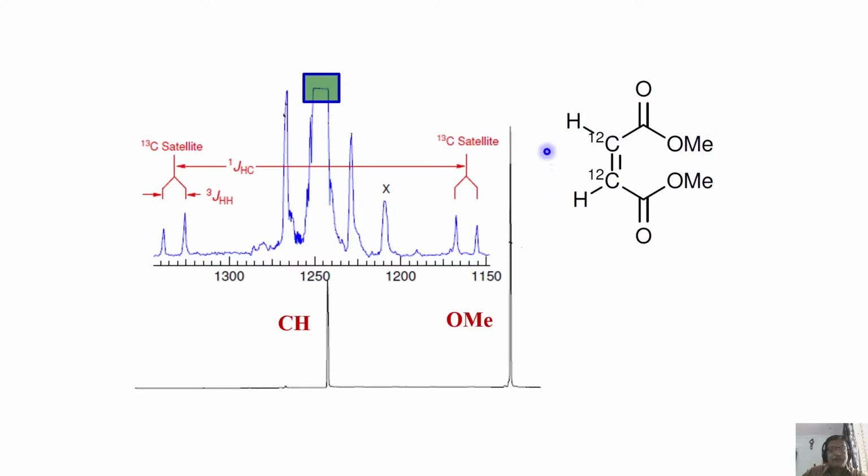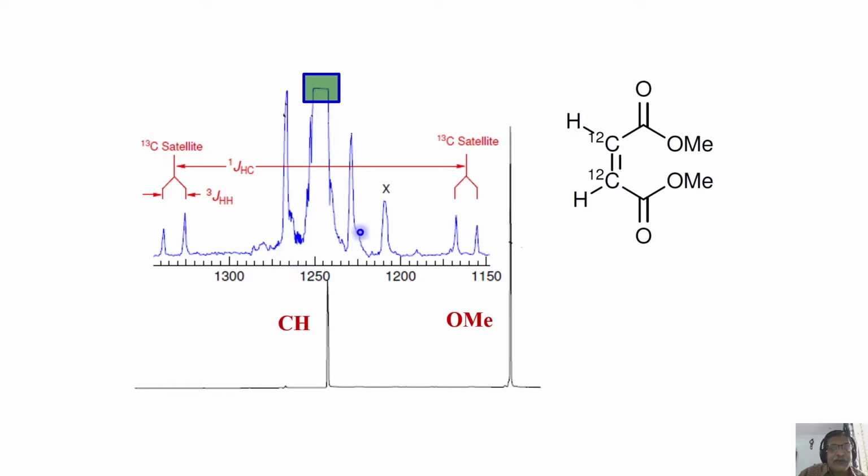record the spectrum of this molecule. I am looking at this carbon. So when I look at this carbon, of course we can also look for the other peak later. This is the other peak. We can also see the satellites in the other peak. But I am concentrating only on this peak because I am interested in getting CH coupling. So this spectrum is enhanced with a larger vertical scale increased.